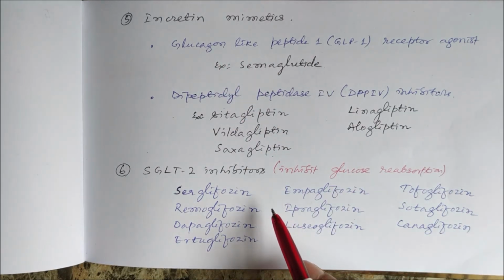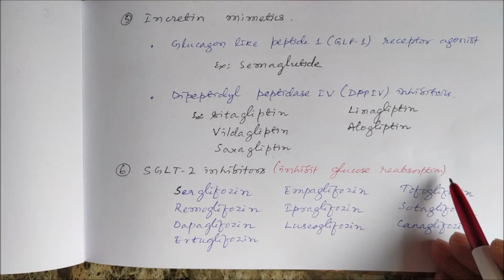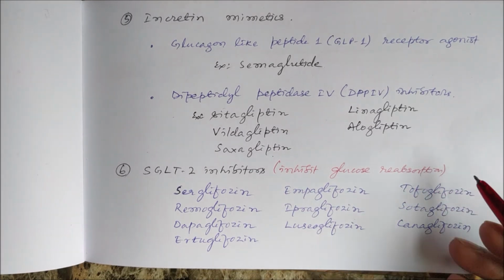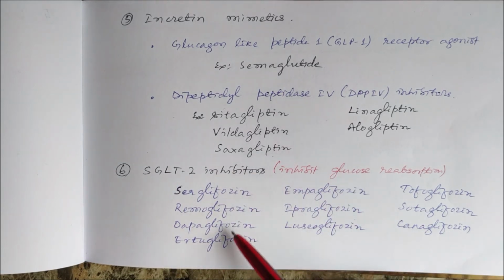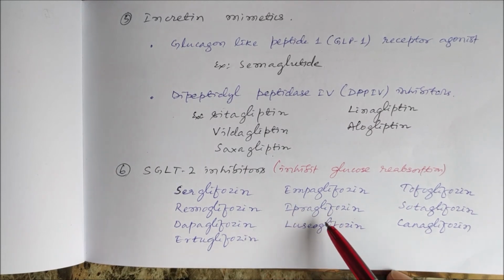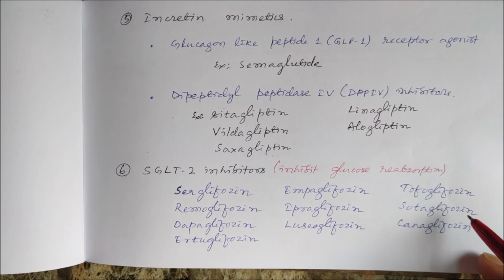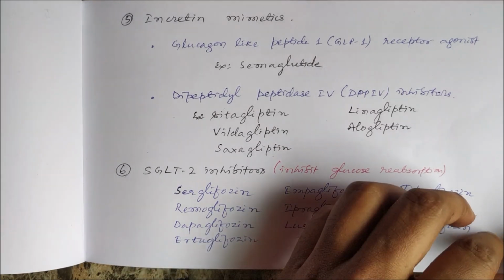Then finally we can have another group of drugs which inhibit the glucose reabsorption and are helpful in the diabetic kidney. There are SGLT2 inhibitors, for example sergliflozin, remogliflozin, dapagliflozin, ertugliflozin, empagliflozin, ipragliflozin, luseogliflozin, tofogliflozin, sotagliflozin, and canagliflozin. So this is all about